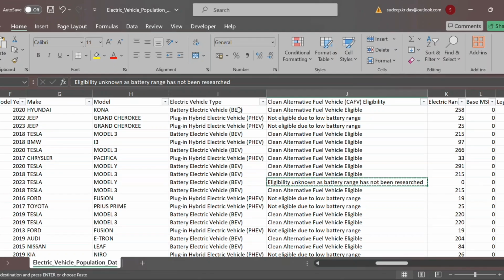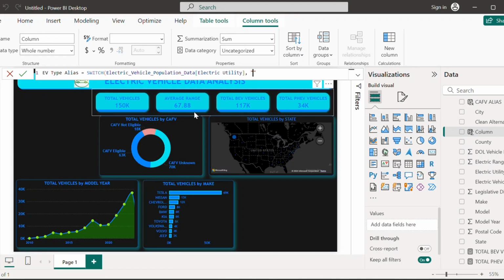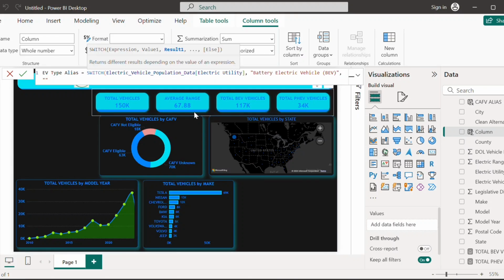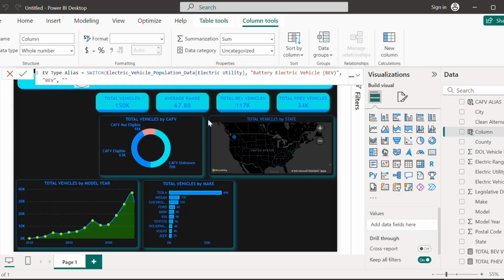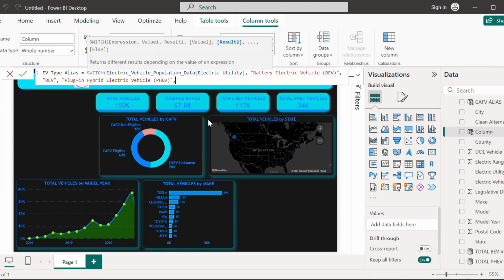Now we will go to our Excel sheet, copy this, paste it in the inverted commas, and then comma, then assign the alias, which will be BEV. Then comma, give the second value, which is PHEV, and then assign the alias PHEV, and rest is else,